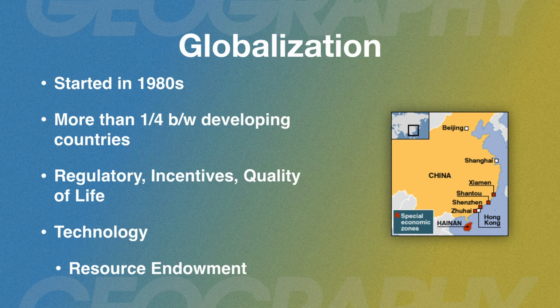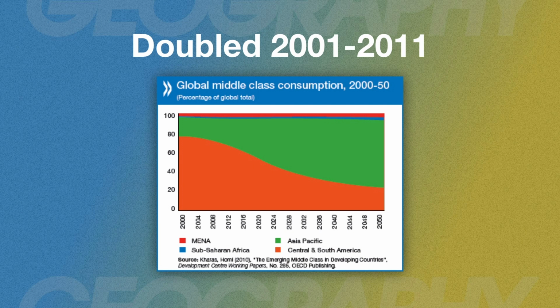Now, you can abuse technology, and that's called resource endowment. That's where you're not taking advantage of the local labor supply, you're not giving people jobs because you have too much automation. Now, the global middle class has doubled in size between the years 2001 and 2011. It's expected to double again by the year 2050, and by then, about 60% of the global resource consumption will